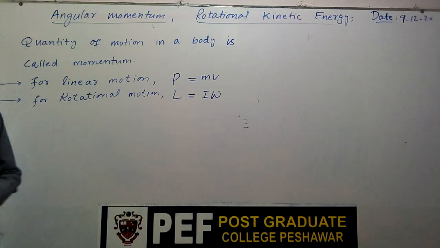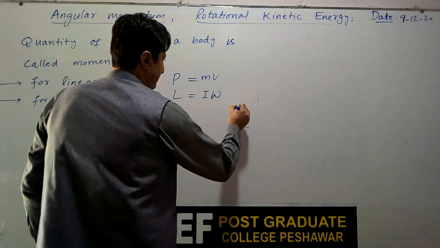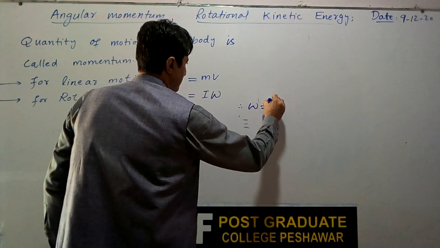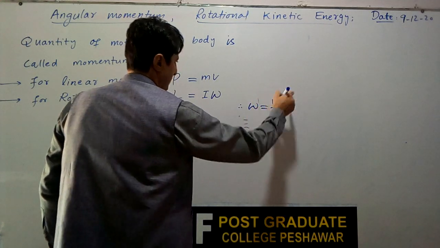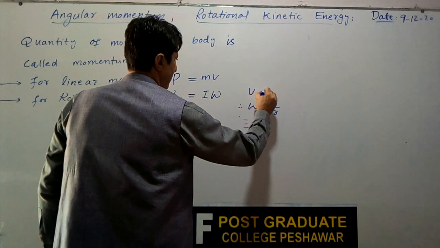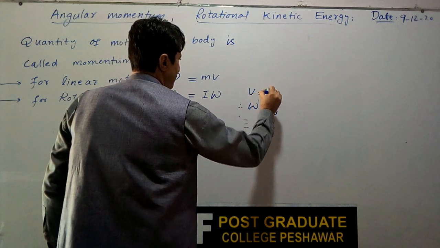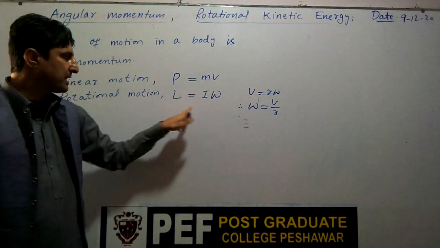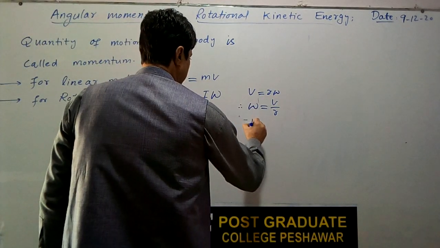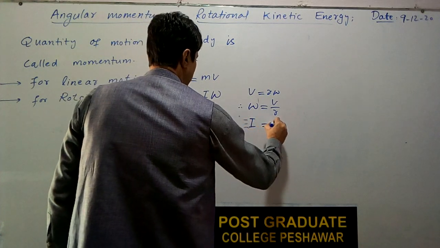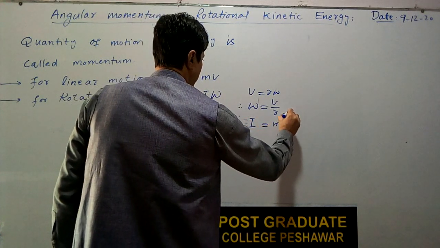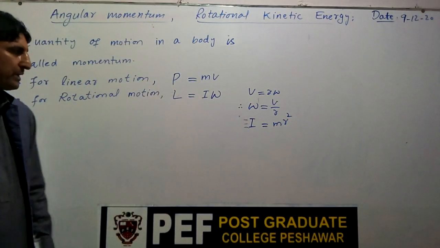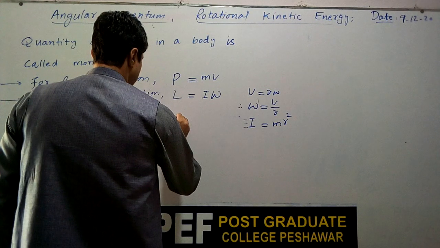Further, we can write omega is equal to V divided by R, as we know that V equal to R omega. So omega equal to V divided by R. Similarly, I, which is moment of inertia, is equal to mr square. So putting this value in this equation, we get L equal to